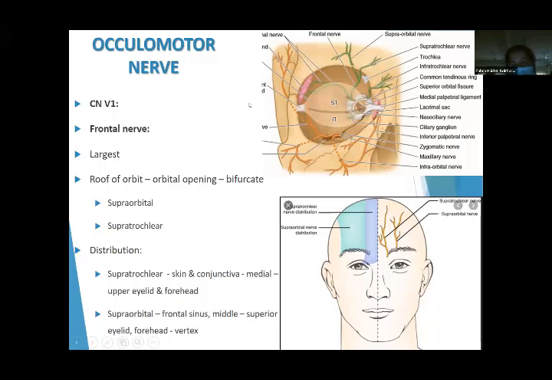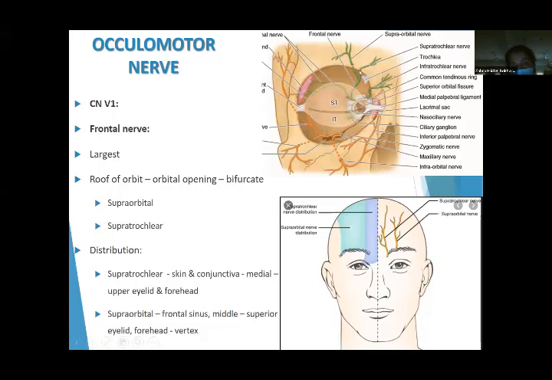This frontal nerve here, this is the frontal nerve, okay, this is the largest branch of the ophthalmic nerve. Beta, this is not the oculomotor, I'm sorry about this mistake. It runs along the roof of the orbit, look at this, and then at the margin